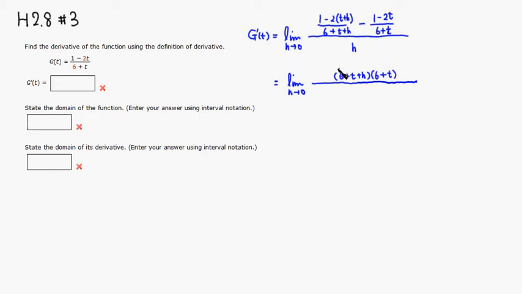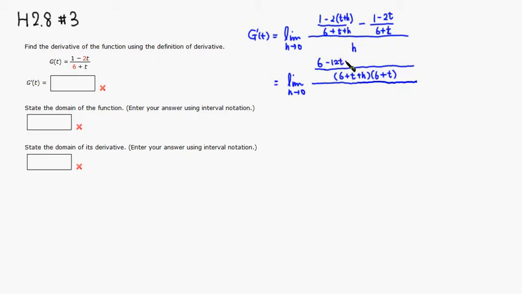Then we have to multiply the numerator by 6 plus t too. So multiply by 6: 6 times 1 is 6, and negative 2t